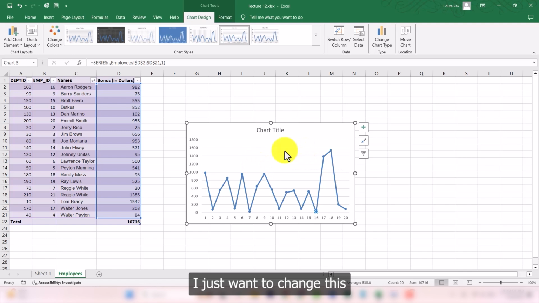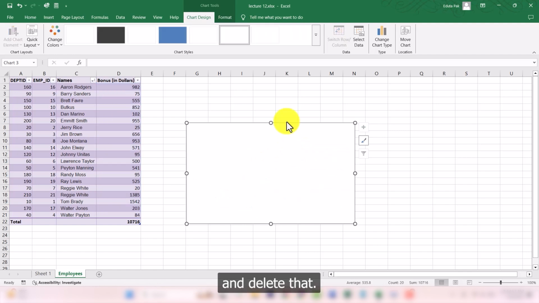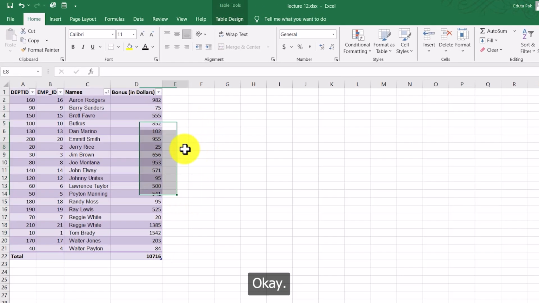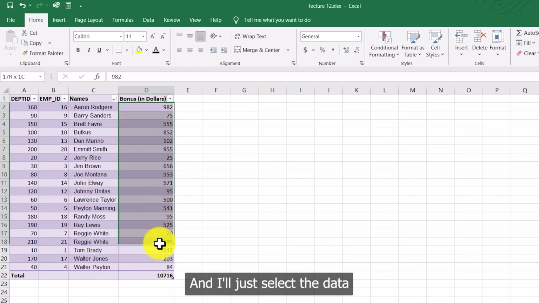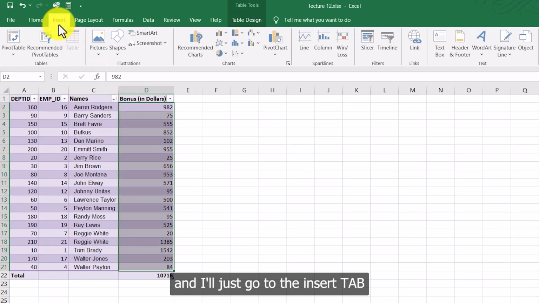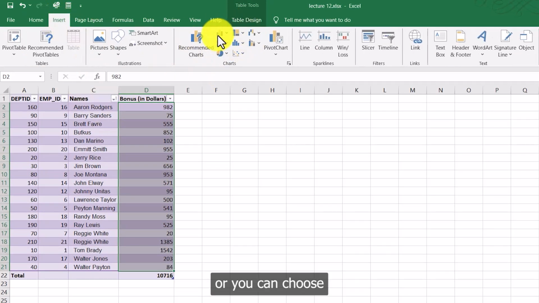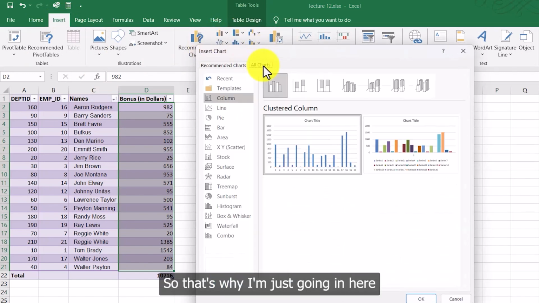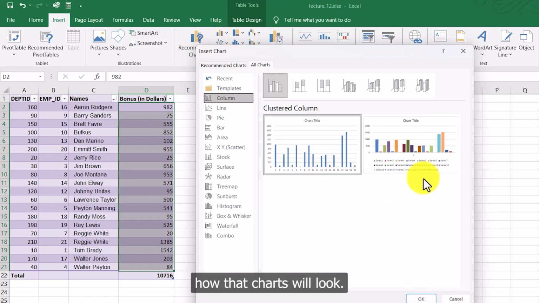For example, I just want to change this and delete that. Okay. And I'll just select the data where I want to apply this chart, and I'll just go to the insert tab, click on recommended charts, or you can choose any of these as well, but as we have all the charts in here, that's why I'm just going in here so that you can see how the charts will